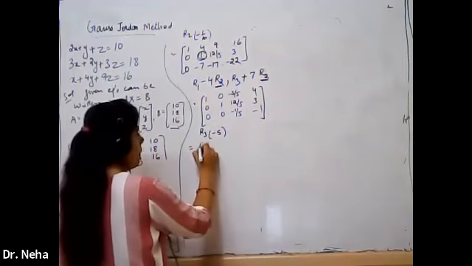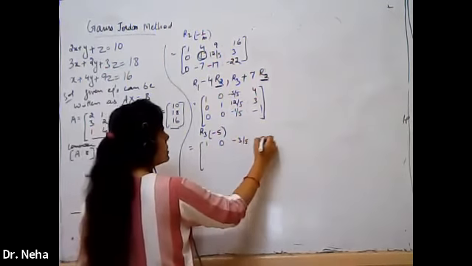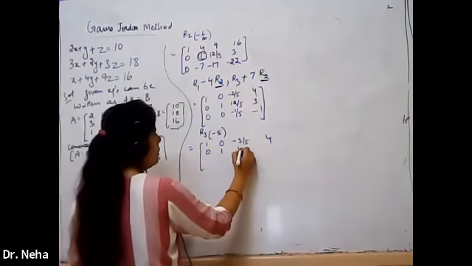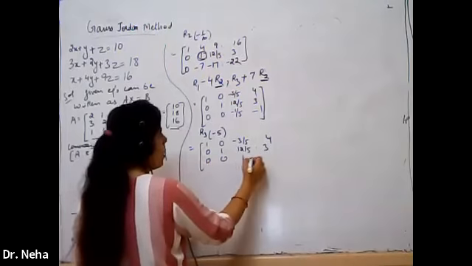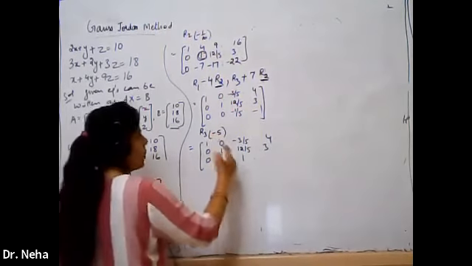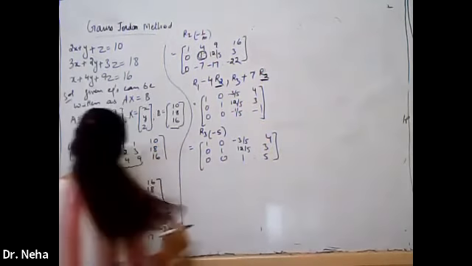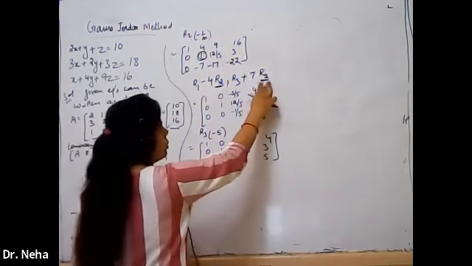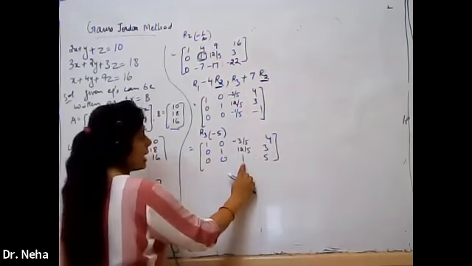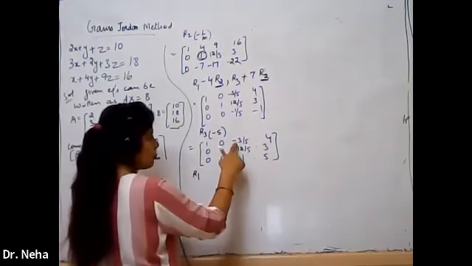So first and second rows will remain same. 0, 1, 12 by 5 and 3 and 0, 0, 1. What about right hand side? Minus 1 into minus 5, it will be plus 5. Now, earlier in the first step, we used R1, then we used R2. Now we are going to use this R3. So let us start. We have to make R1 0.